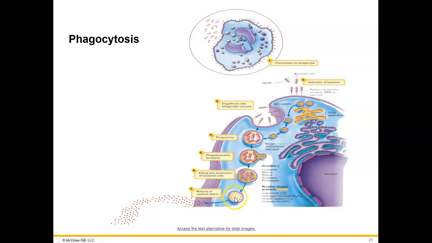And then whatever is left over, that phagolysosome can move up to the outer membrane. The phagolysosome will fuse with the outer membrane and expel the contents to the outside of the cell. And this is the whole process of phagocytosis, of bringing in that pathogen and digesting the pathogen, completely killing it off. And that's the role of these phagocytic